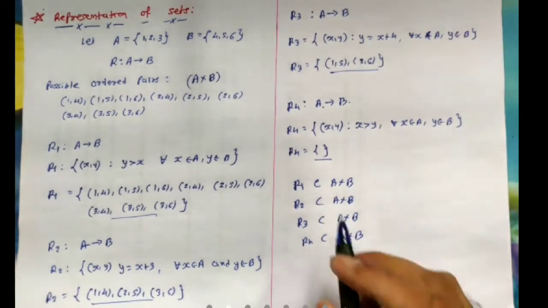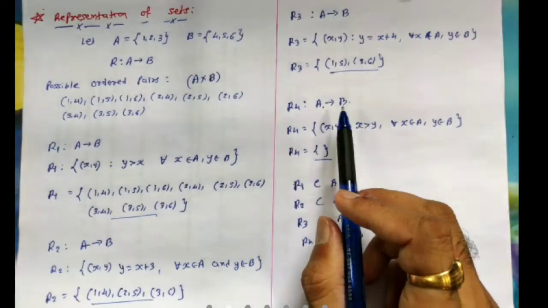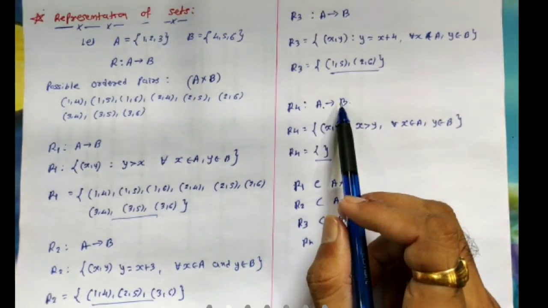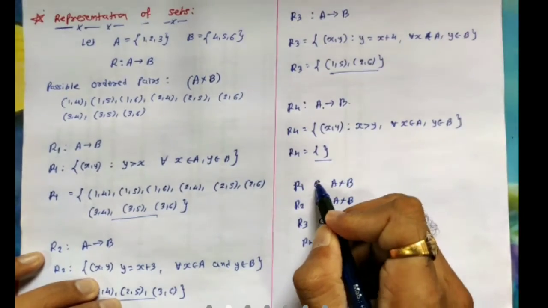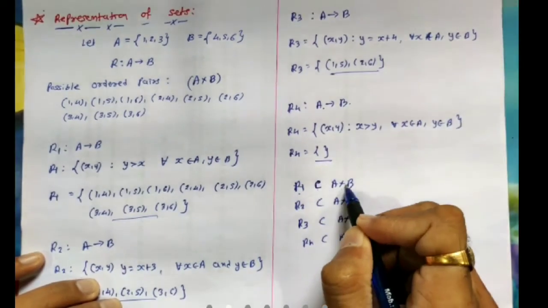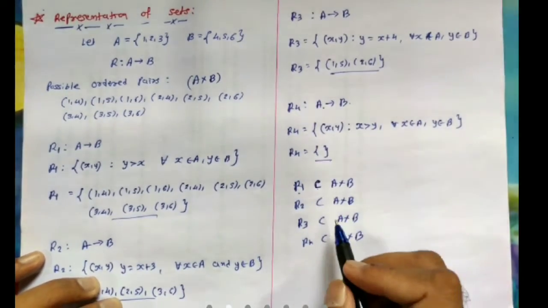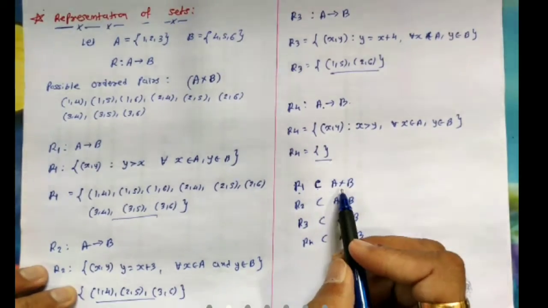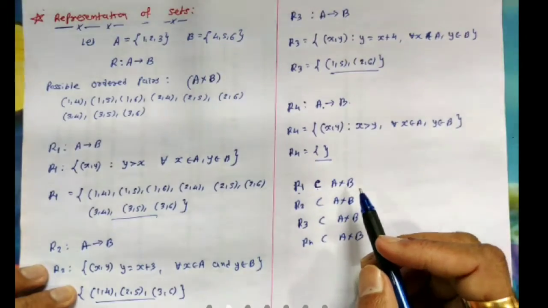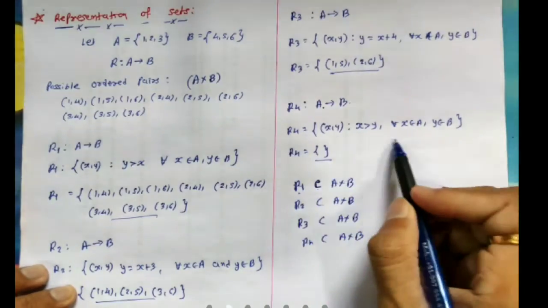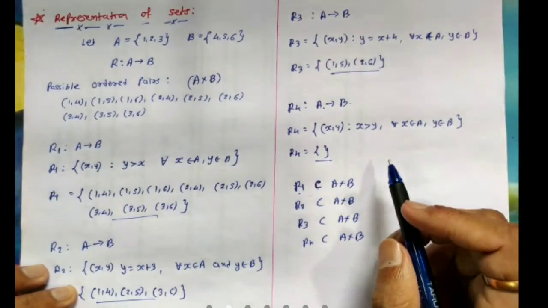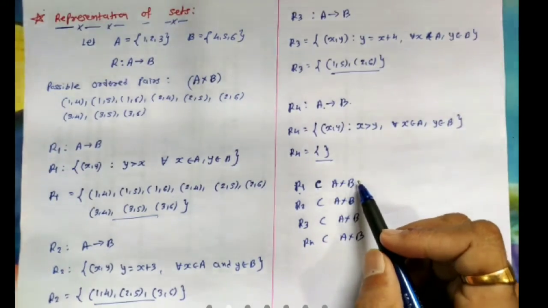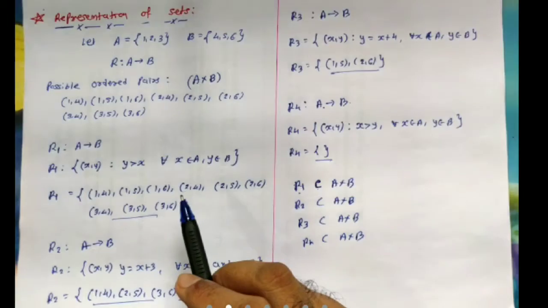The definition is: a relation R from a non-empty set A to a non-empty set B is a subset of the Cartesian cross product of the two sets A and B. Clear? So this was the definition of relation. And after defining the relation, we find the subset by describing the relationship between the elements. The subsets are derived by describing the relationship between the first element of set A and the second element of set B from the Cartesian cross product.